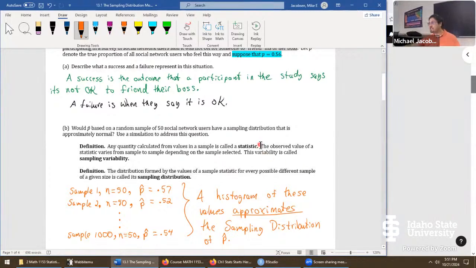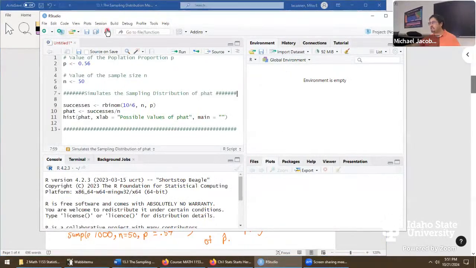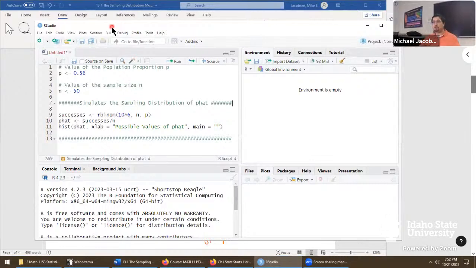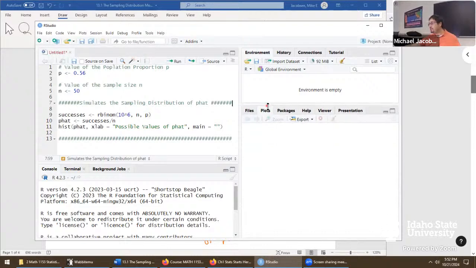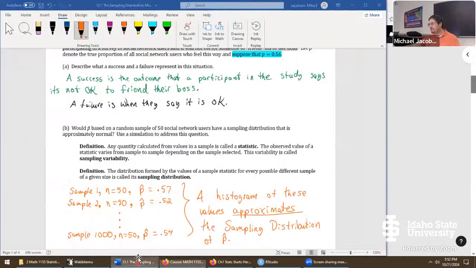So the calculator we're using this time is this thing. This is called RStudio, and the more statistics you take, the more likely it is you're going to use something like this. We teach a class 3350 called Statistical Methods, usually a second class after this one, where it's all about just using this instead of the TI-84. So here's what's going to happen in the simulation. Sampling distribution is going to go right here. That's where we're collecting all these kinds of values. So it's just going to be a histogram.